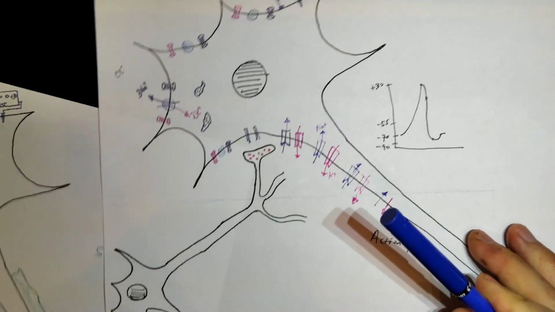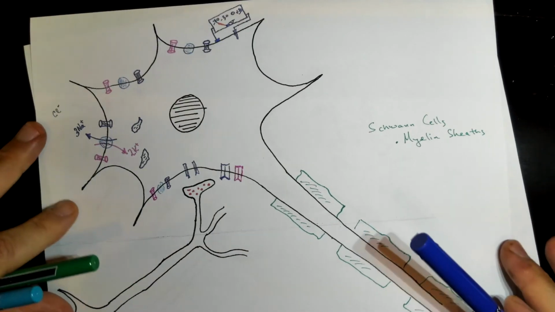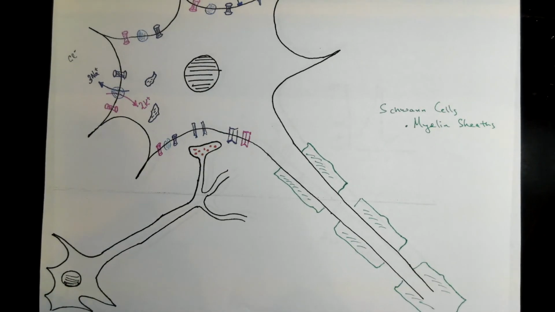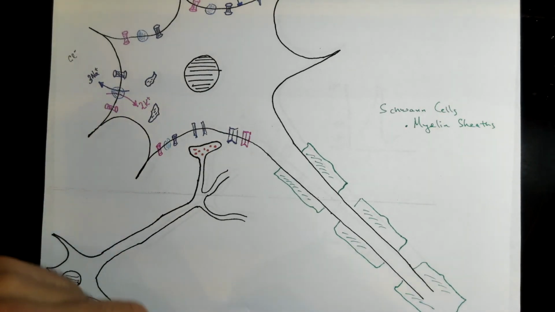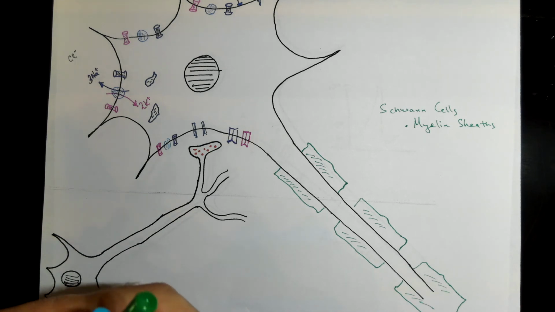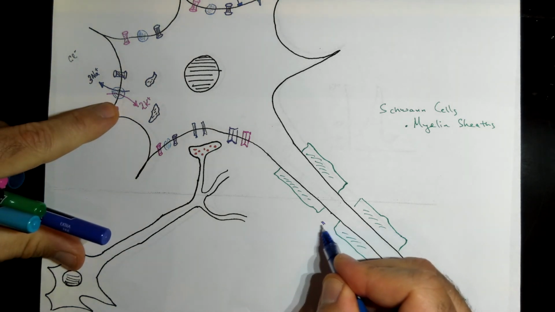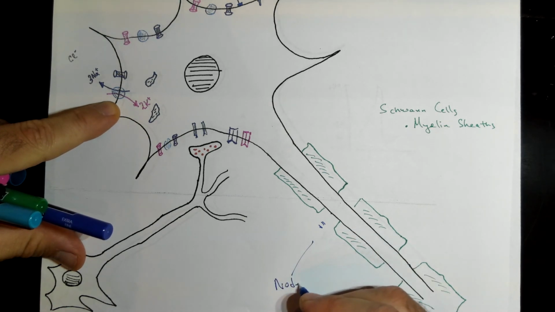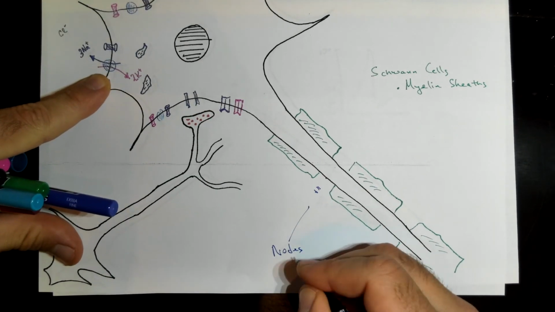What if we put those Schwann cells on that axon? Well, now what happens is that we can actually jump to these sections that are found in between the Schwann cells, these sections here, known as the nodes of Ranvier,